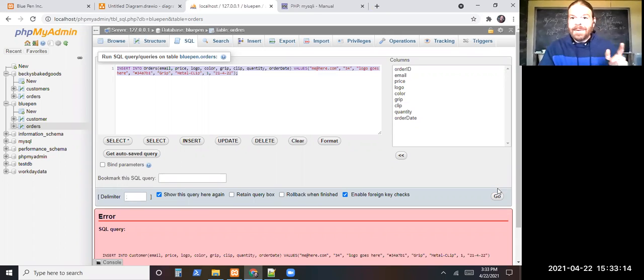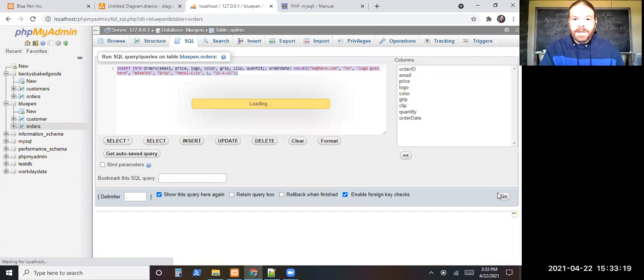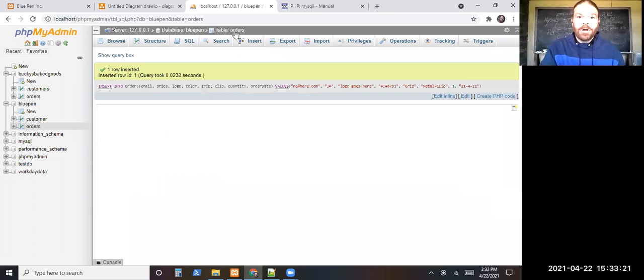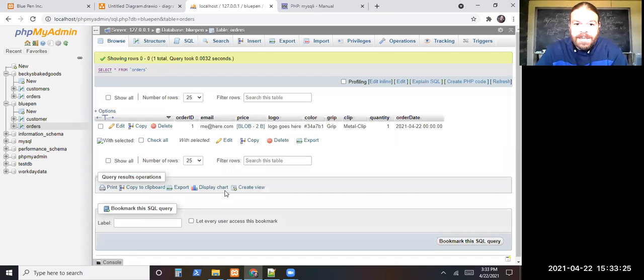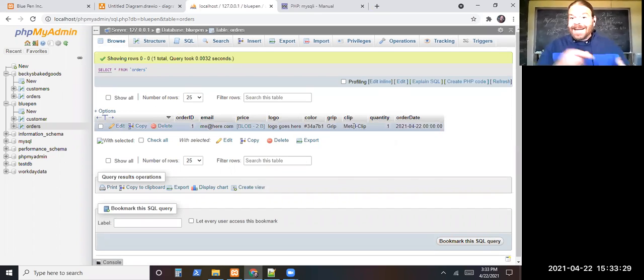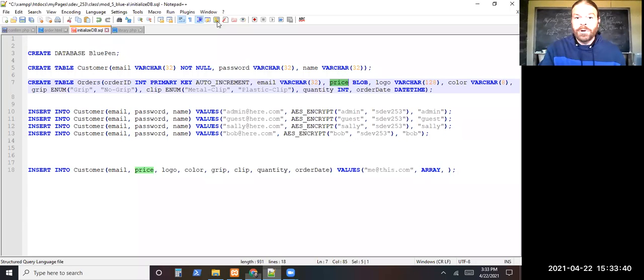So hit copy to put it back on the clipboard. And go. Okay, it did run. So I can check and just make sure everything got put in there correctly. If Joe hadn't pointed that out, that one would not have gone in there. The clip field would just still be blank because it would only accept the stuff from the short list. But that query worked. So while that's on the clipboard, now I'm going to go back over to my code